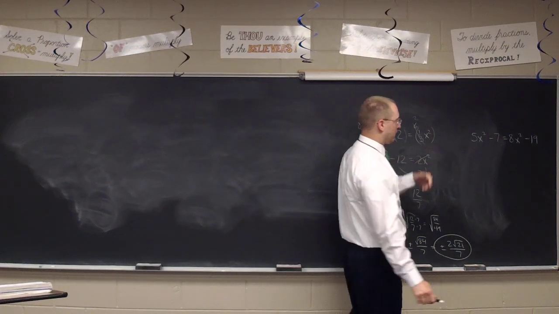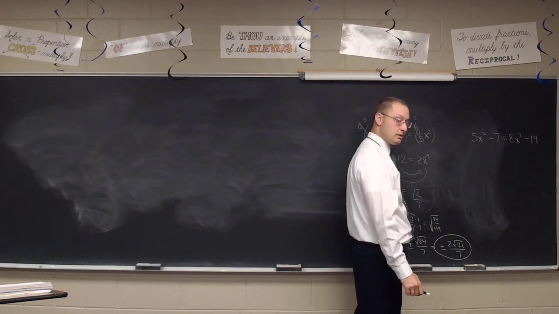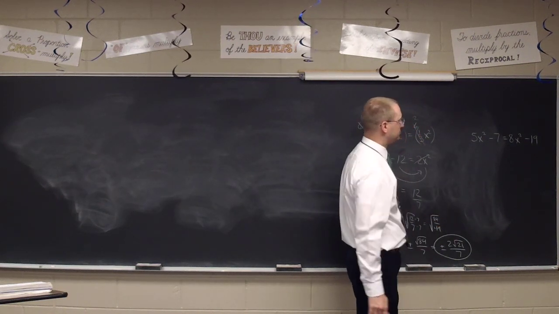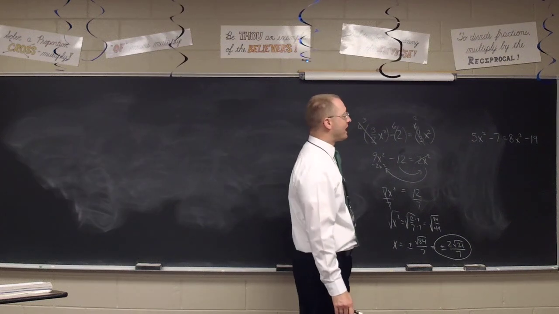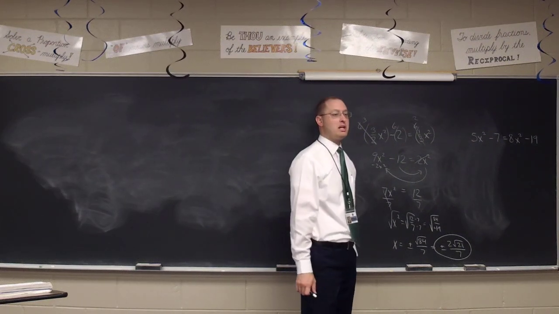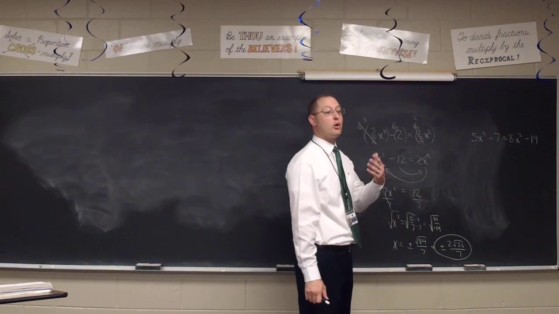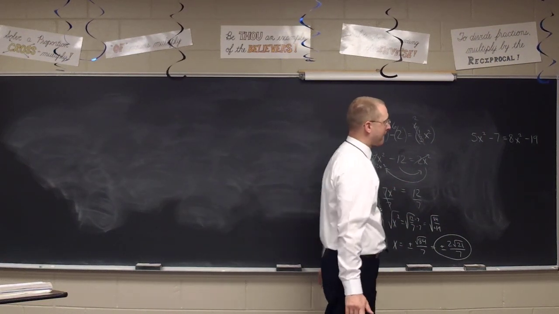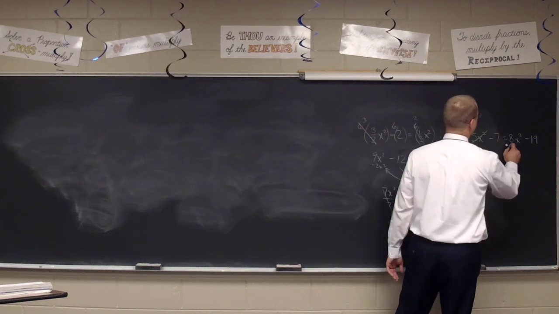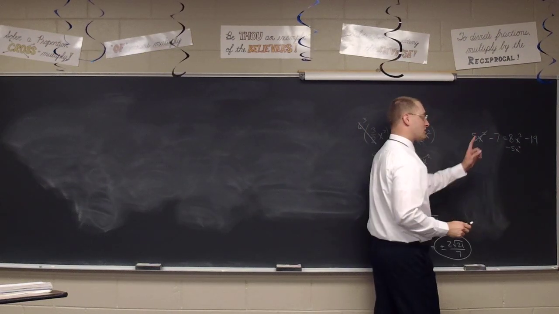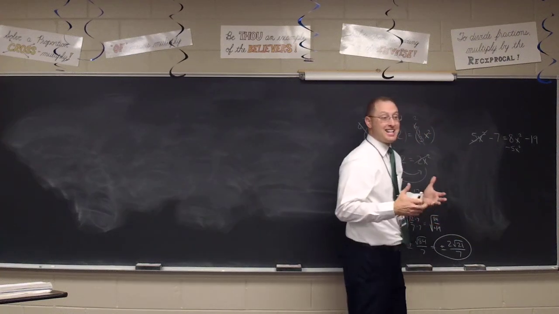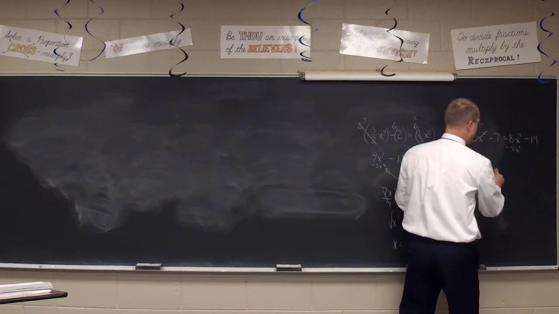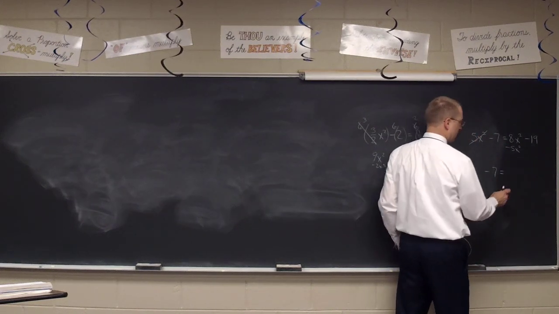What do we need to do here, Lana? Move something over. Negative 7? We could, but I wouldn't yet. Always get rid of the little x. Well, I don't have x, I've got x squared. So get rid of the little x squared, Lana. Move that to negative 5x. There we go. Get only a single x squared in the problem, because again, we have to isolate the x squared, but there's 2 of them. We'll get rid of one. Now I've got negative 7 equals